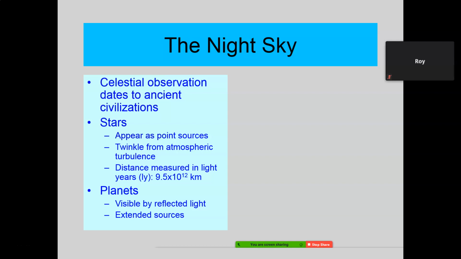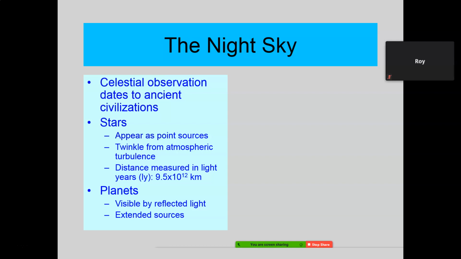It's just like, this is a really dumb example, but if you've ever been in a swimming pool and looked down at your feet, they look like they're closer to you than what they really are. Well, that's because you're looking through a denser material, water, than what air is. Well, as you're looking through the atmosphere, different layers of the atmosphere are denser or less dense than other layers, so therefore it makes the stars look like they're doing something they're not. It makes it look like they twinkle.